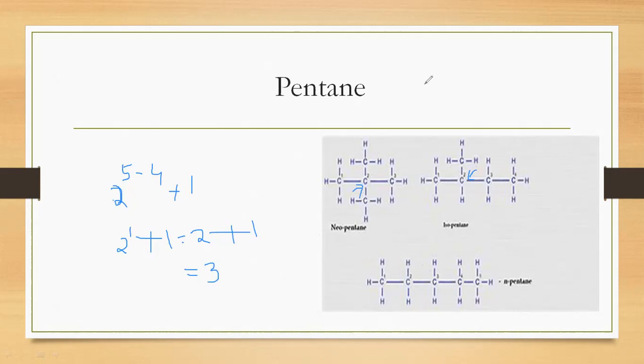And you may say, sir, you shift this CH3 group to this carbon, then I will be going for numbering from this side. This becomes the 2 methyl only. If I shift in this group also, it is 2 methyl only. So no other chances. So pentane has 3 isomeric forms. And our formula applies here also.